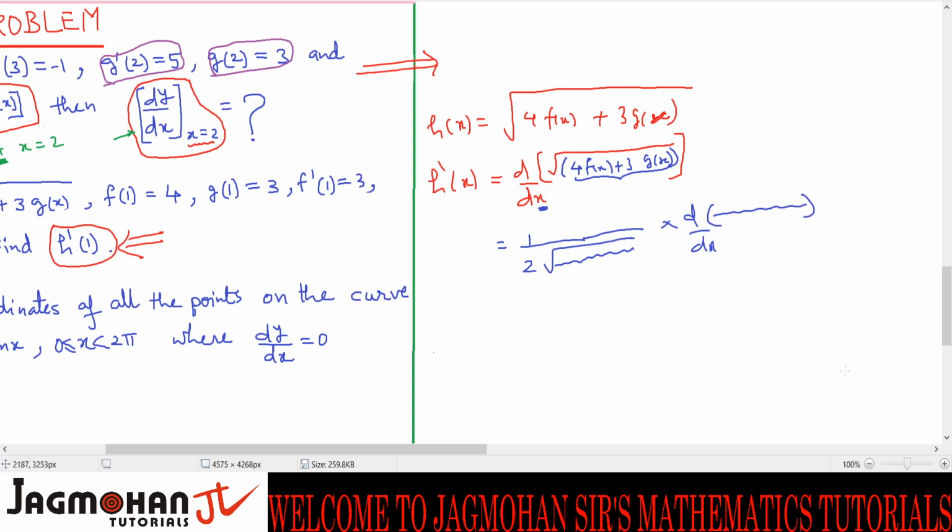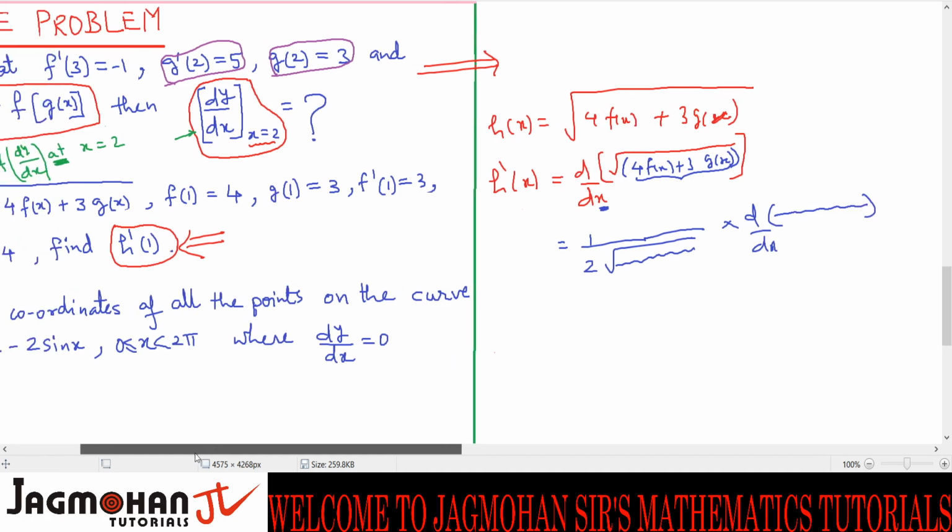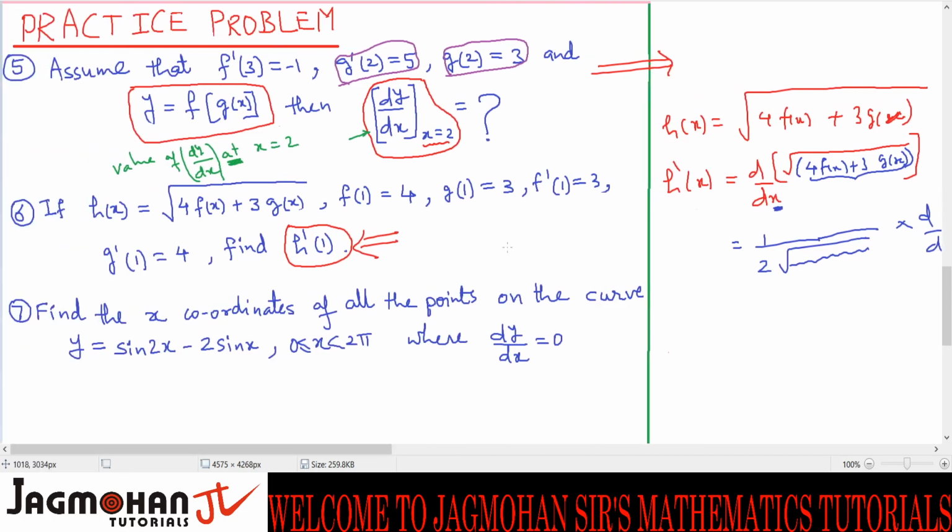You will get finally h dash x. After getting h dash x, you will have to work on this part, simplify this, and get h dash x in simplified form. Then where you have x, in place of x you will substitute 1, x equals to 1. So this will become h dash 1, and on this side wherever x is there you will substitute 1. That will get you the answer, that is h dash 1.